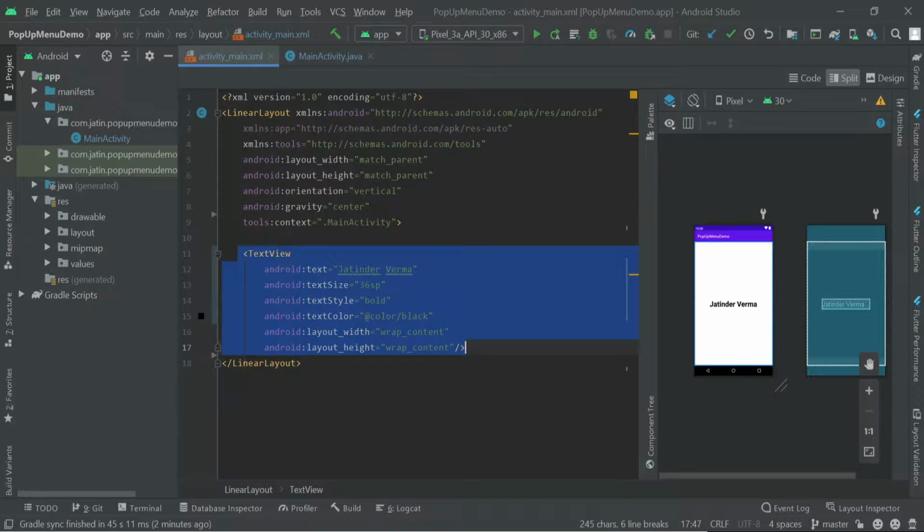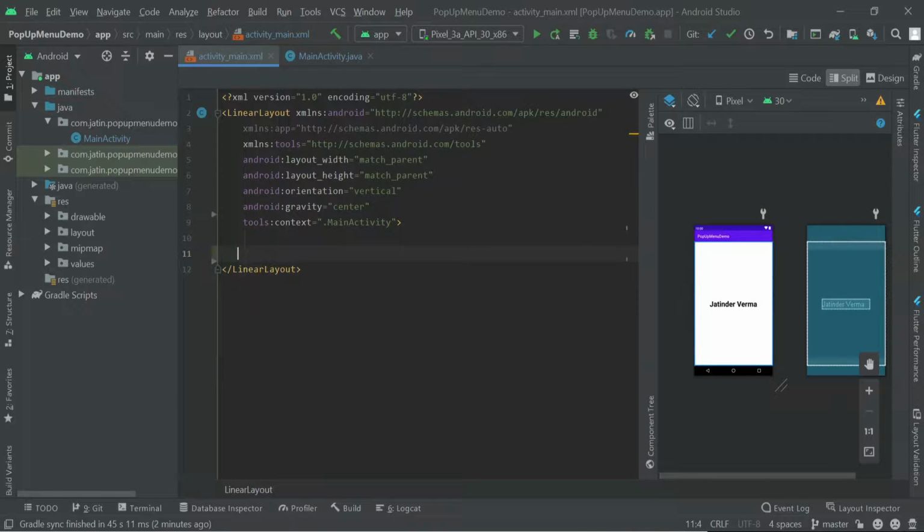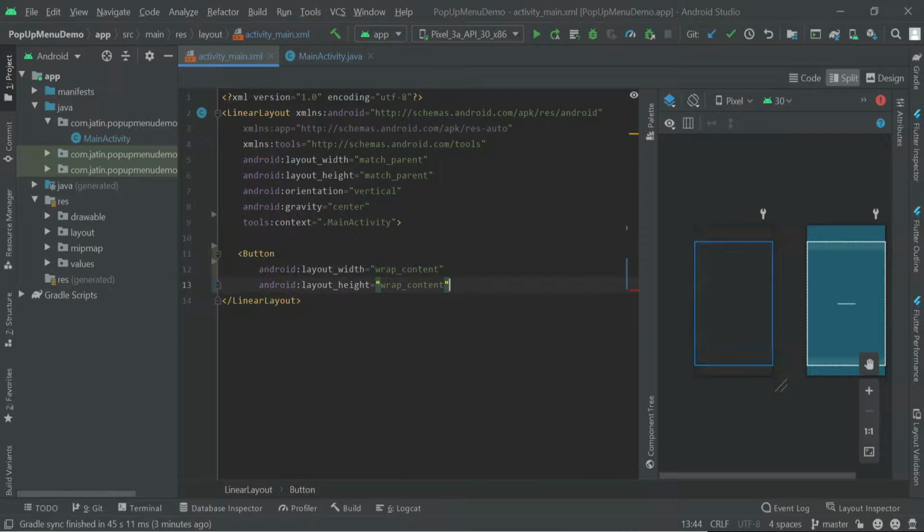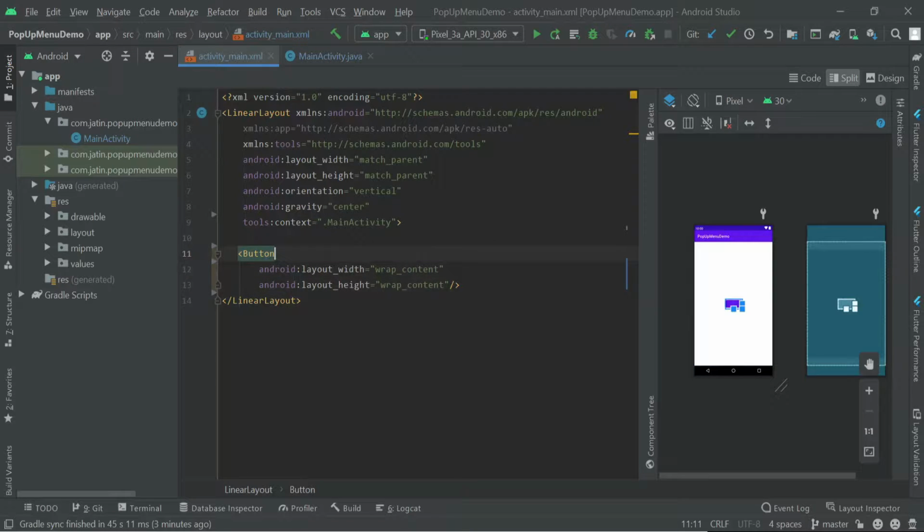We don't need this, let's remove this. What we need is a button. So I just quickly add a button over here. Give it wrap and wrap. Because we have to click this, let's quickly assign some ID over here.